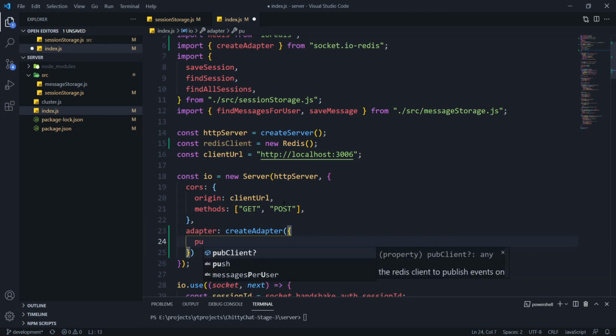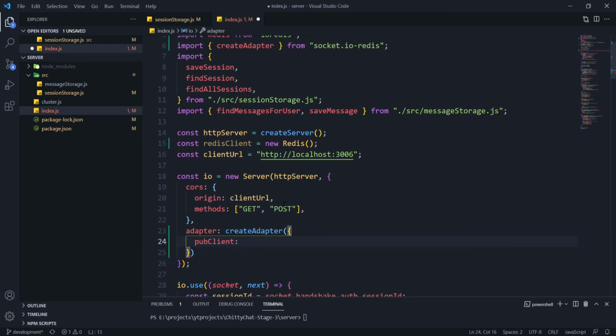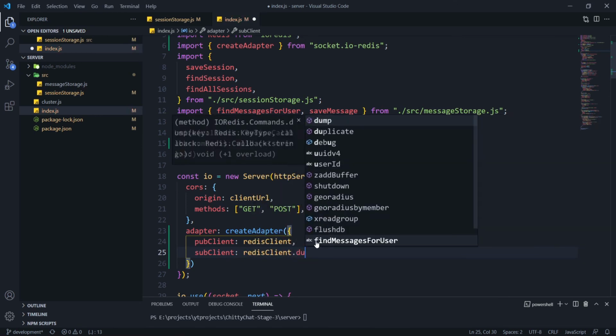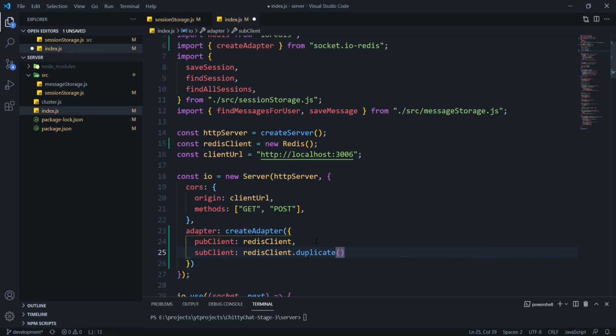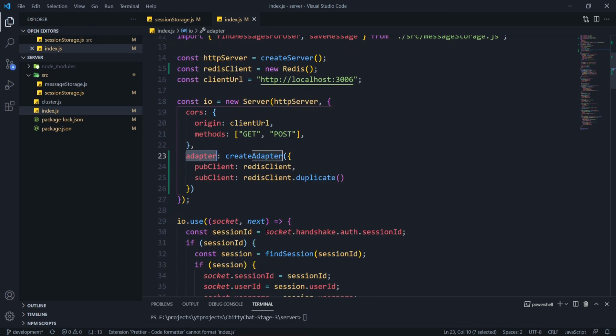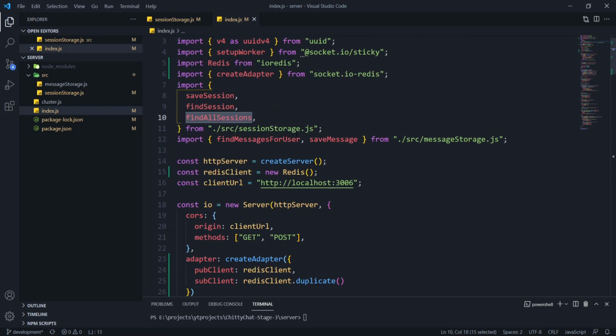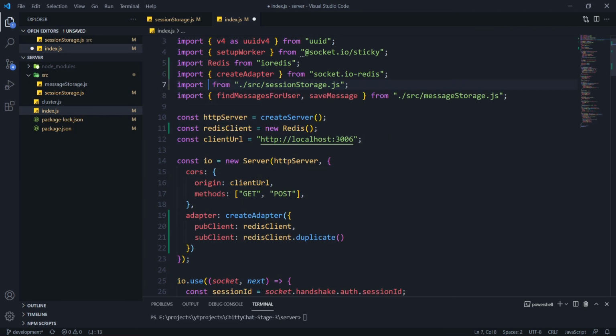This is going to receive our pubClient, which is going to be our redisClient. pubClient is our publish client, and also subClient, the subscriber client, which is going to be the redisClient's duplicate. So .duplicate. There we go. Our adapter setting is done,